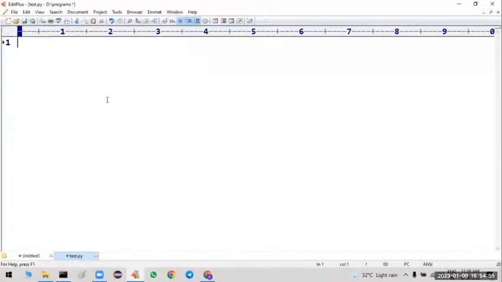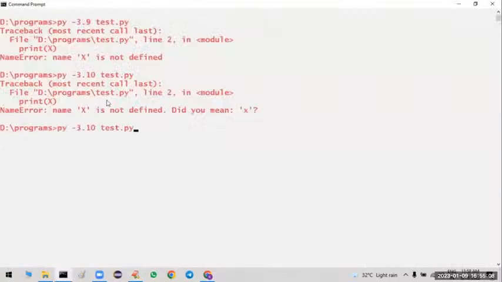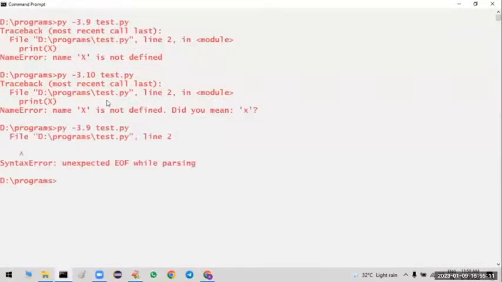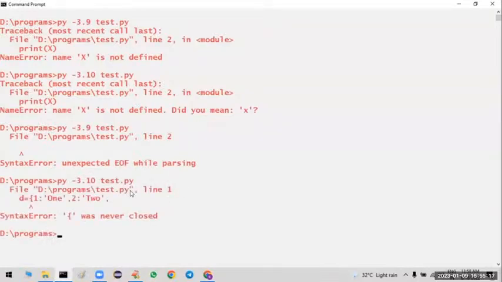Sir, one more example. I want to take one dictionary like 1: one. Of course, these topics we will cover in future. Two like this. That's all. Now I want to execute this code in 3.9. What is it telling? Unexpected end of file while parsing. Let me try in 3.10.